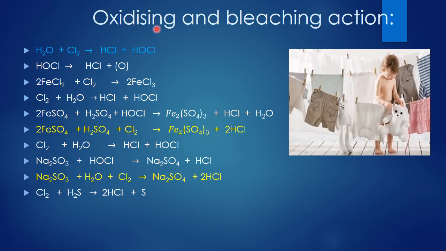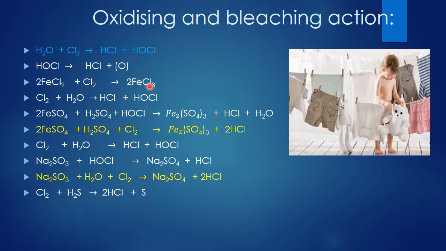Oxidizing agent means something which undergoes reduction is called an oxidizing agent. In terms of oxygen, removal of oxygen is called reduction. If it is an oxidizing agent, it makes the other one undergo oxidation. Here, when ferrous chloride, Fe2+ Cl-, is treated with chlorine, it gets converted into ferric chloride. So this conversion of ferrous chloride into ferric chloride is a process of oxidation, plus 2 oxidation state converted into plus 3 oxidation state.